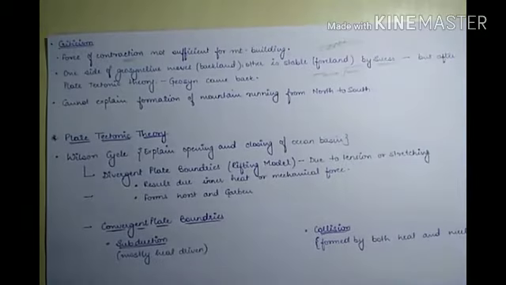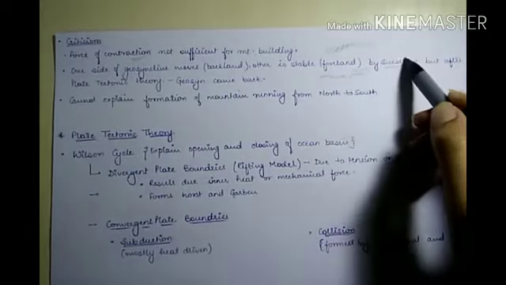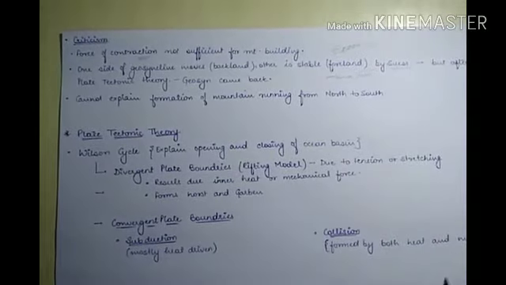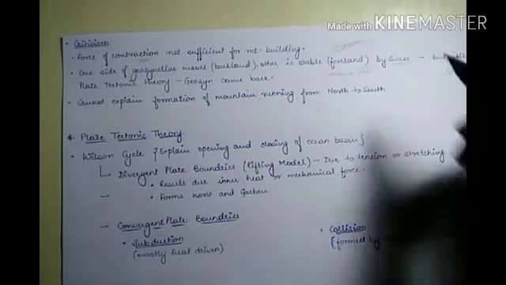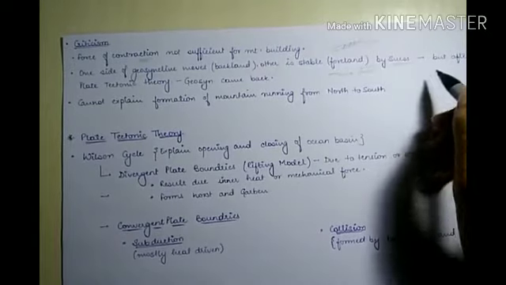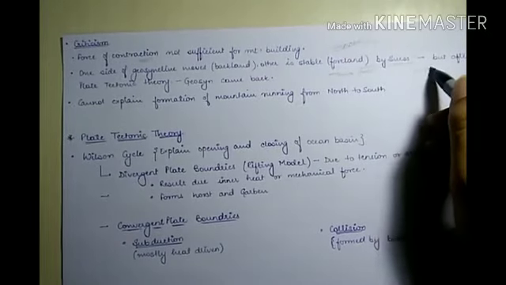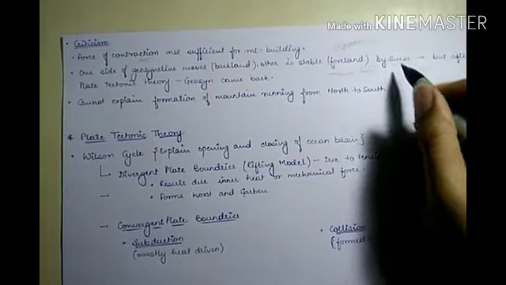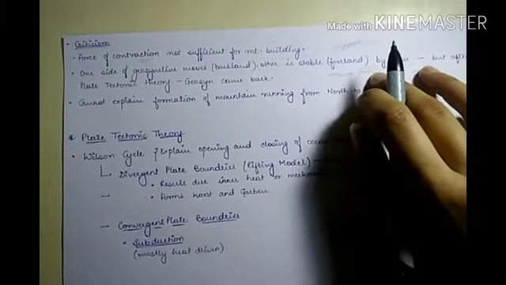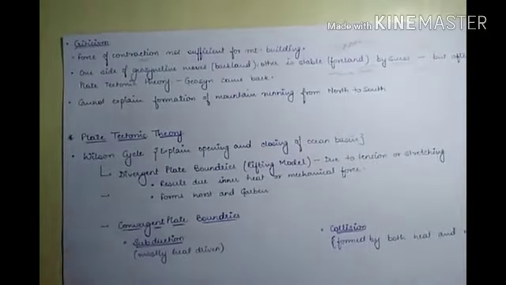Okay, but this criticism was then cancelled by plate tectonic theory, which says that masses move on both sides. Okay, and the masses of both sides move, and it is not like that one mass is stable and other mass is moving. Okay,